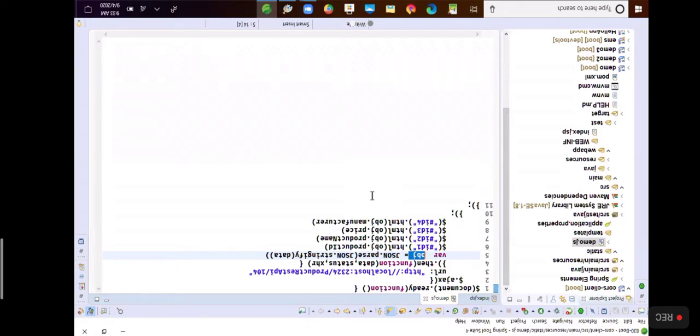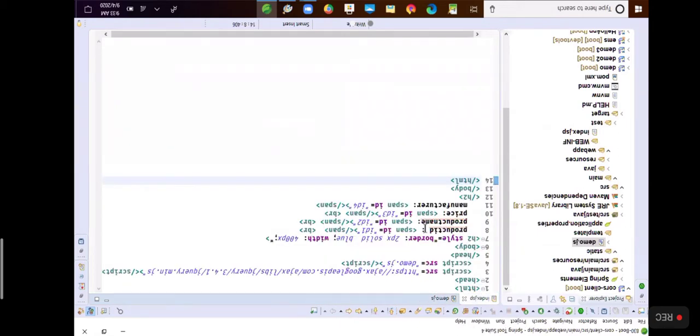Now after that, I would like to set the data from this object to the 4 span IDs, because you see in my JSP, I have created 4 span tags with ID 1, ID 2, ID 3, ID 4.